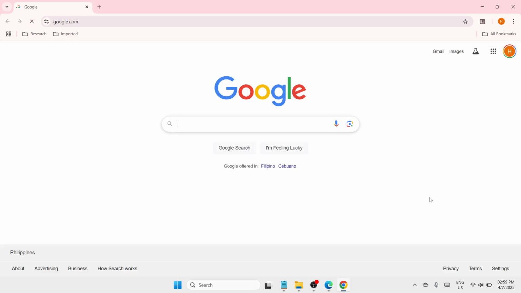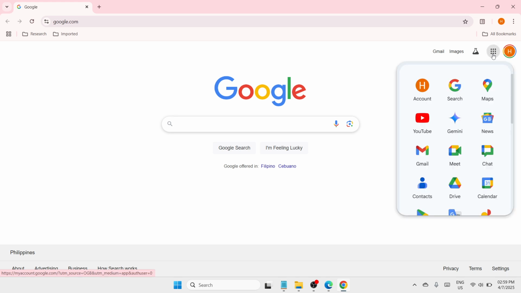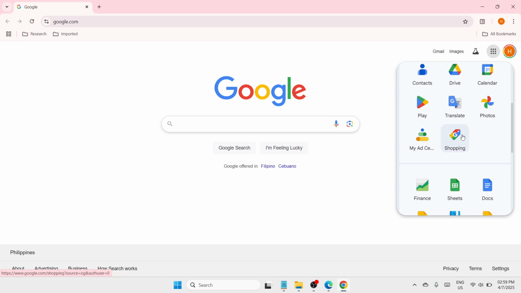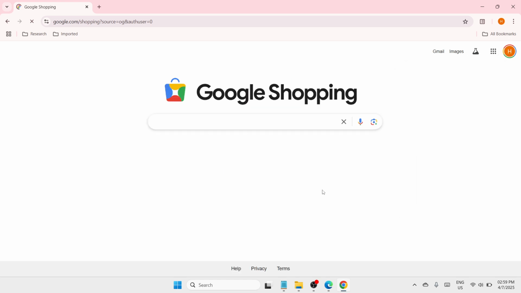Once everything is set, you need to proceed to the upper right side of the screen. You can see there an icon called Google Apps. Once you click it, you would be able to see the list of applications under Google. You need to look for Shopping. Okay, so once you have found it, please tap on it and wait until you are redirected to the